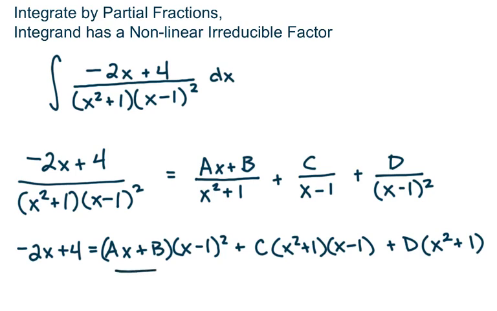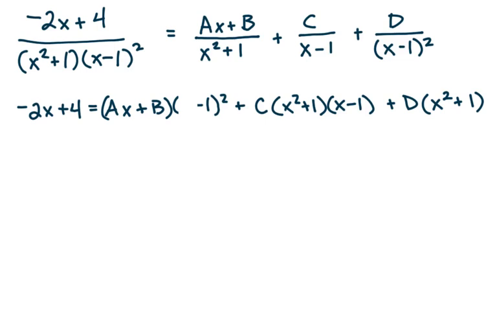Now I'm going to look at foiling all of this out, and specifically this first term. We're going to FOIL that and get something quadratic, and then we will multiply the Ax plus B through. So I'm going to do a lot of distribution. This is going to look really long, and it may not fit all on one line. So once we do that, I'm going to leave my 2x plus 4. If I multiply all of this out, oh, it looks like I must have smudged out that x with my finger. If I multiply all of this out, that will leave me with